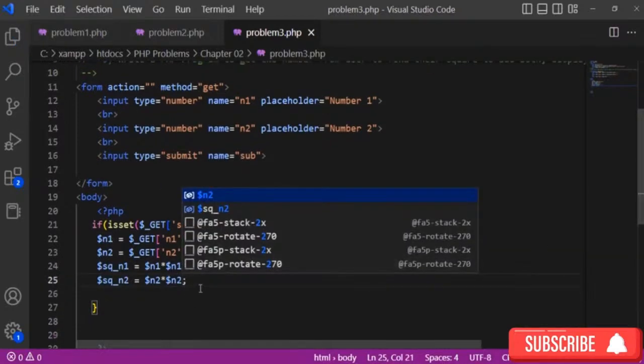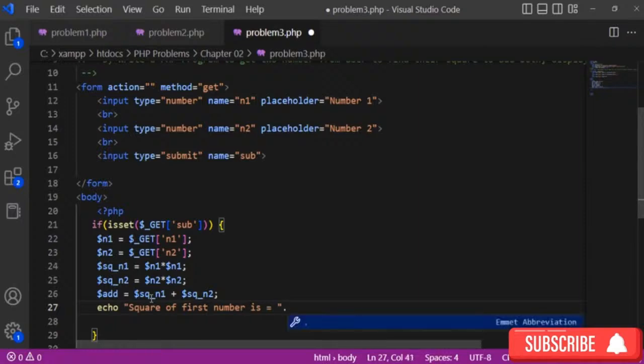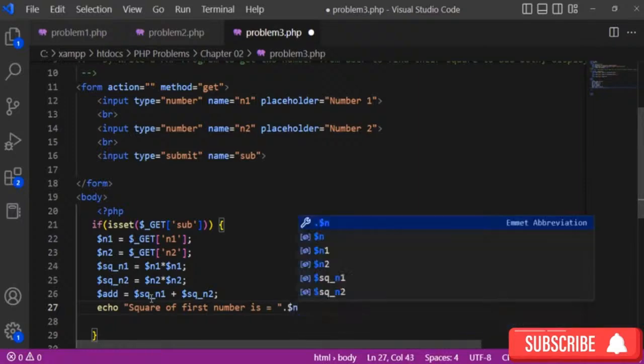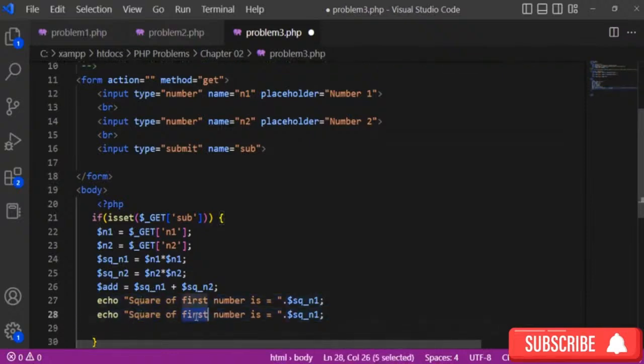After finding the squares, I have to add both, square of n1 plus square of n2, and then display the result to the user. Echo square of first number is equal to, just put n1, sorry, square of n1, and then I want to say that square of second number